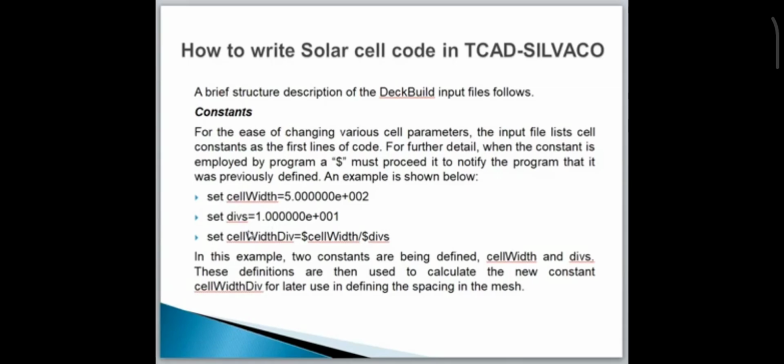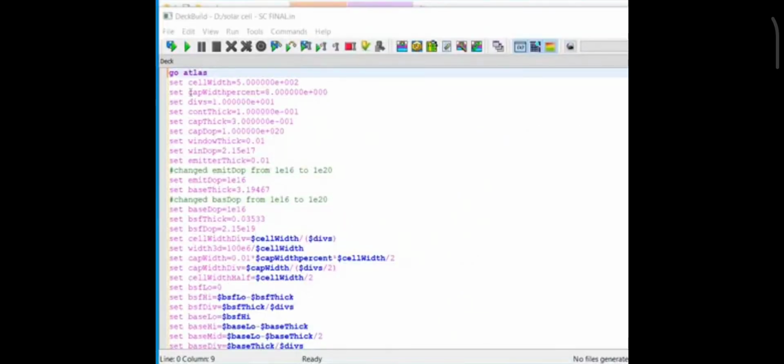To find another constant, cell width division, I am using the previously defined parameters with the $ sign: cell width divided by $ sign divisions. In this example, two constants are being defined, cell width and divisions. These definitions are then used to calculate the new constant, cell width division, for later use in defining the spacing in the mesh. I have defined the constants with the set statement: cell width,